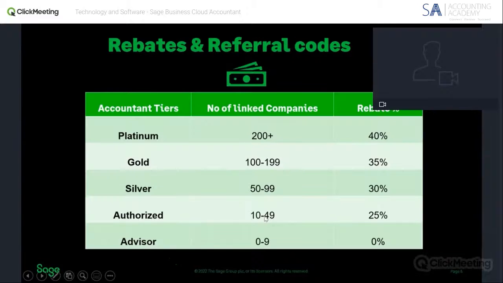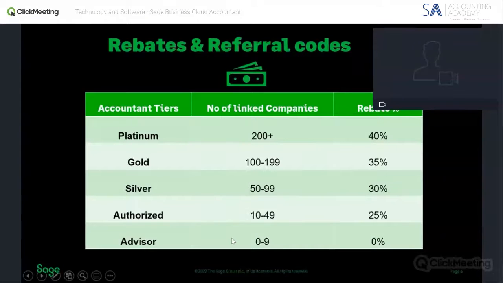Okay. Another great program we have is our rebates and referrals. In this accountants program, we have a rebates structure, a channel distribution structure, whereby you can refer clients to Sage Business Cloud Accounting. And the more you refer, the more clients you will have, and the more clients you have, the more rebates you get.